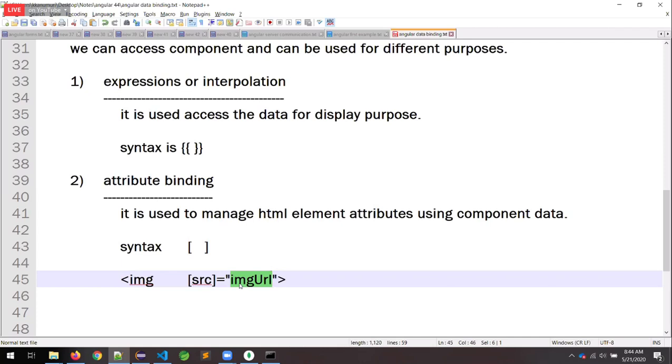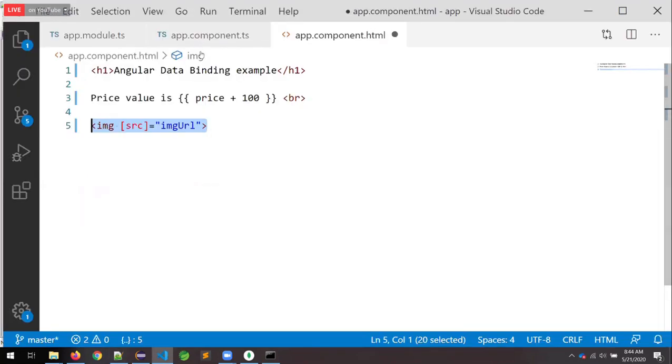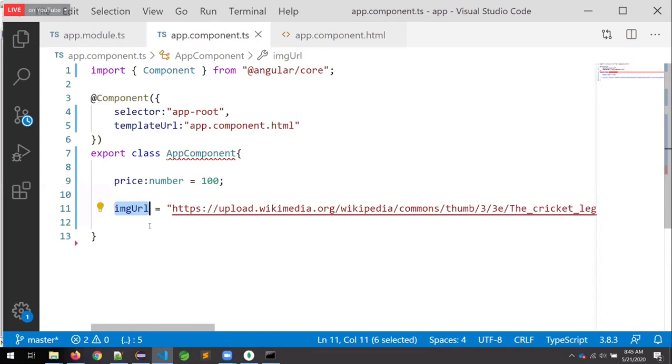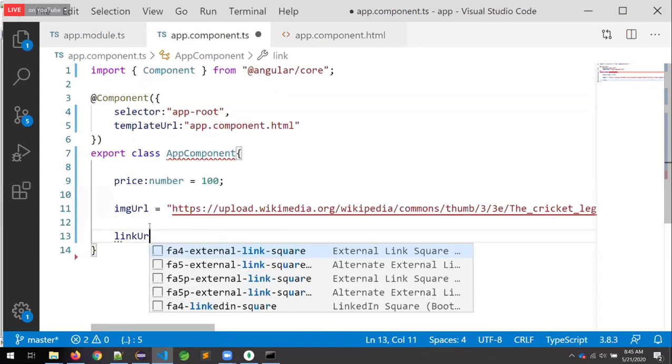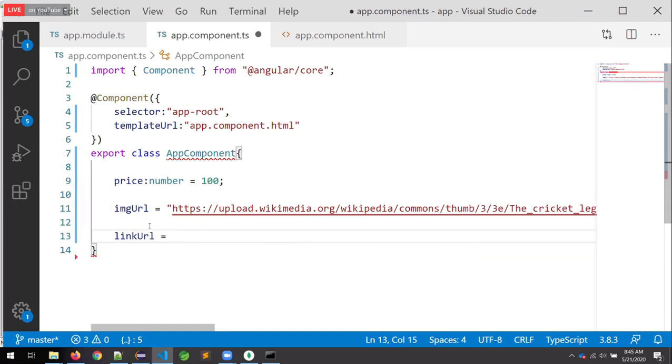I will give you another example right now. Let me show you that. Link URL equal to www.google.com.